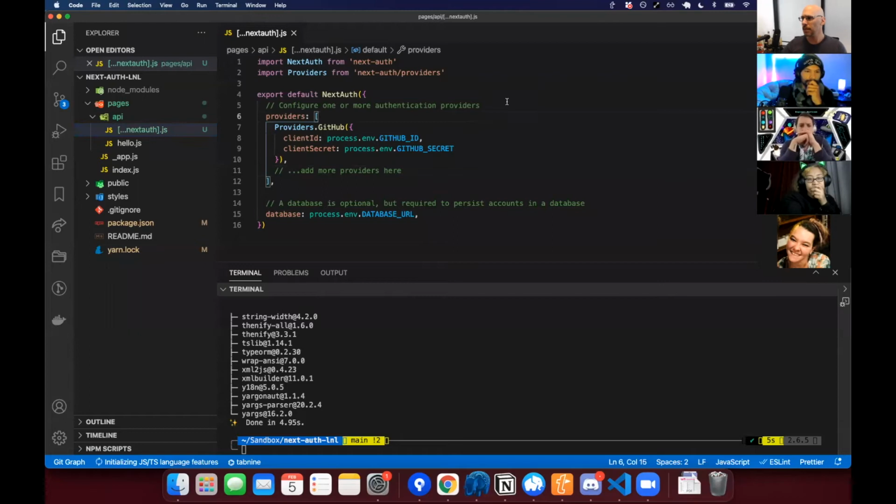All right, so really straightforward. You're importing a library. You're importing a list of providers, which I'm sure you can import individually if you wanted to, for cleanliness' sake and lower bundle size. You're exporting an instance, the NextAuth constructor, and you're passing it a configuration that has a list of providers. In this case, it's just a GitHub provider, which I recommend just trying out if you want to live code with,